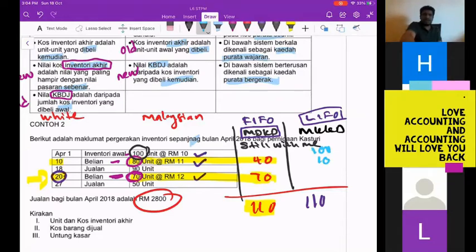Hey, I want you to copy this also. Then only you will know what's going on. So, sir, we're taking the 100 unit and the 80 unit, right? We take 100 units from the 100 unit, and 10 units from the 80 unit. Because this is the MKKD, we take the old one. The old one is still with us.